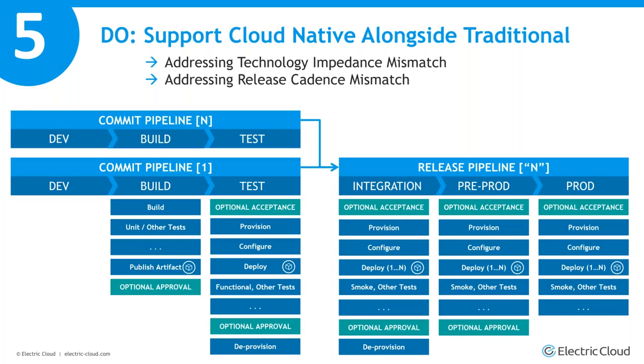Especially if you're talking about loosely coupled code, say microservices, to pick a specific example, you really want to have multiple pipelines in play that at some point merge into, as you see here, the release pipeline, where you start to do more of the integration and acceptance testing. These various pipelines are really addressing this cadence mismatch or impedance mismatch,